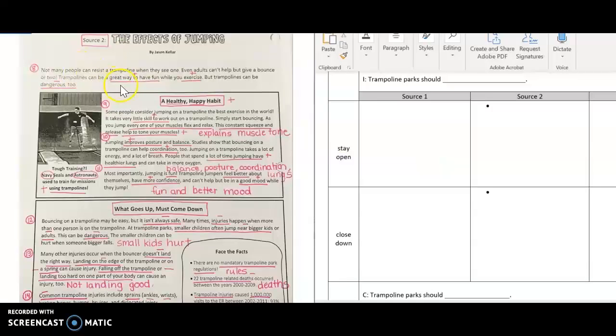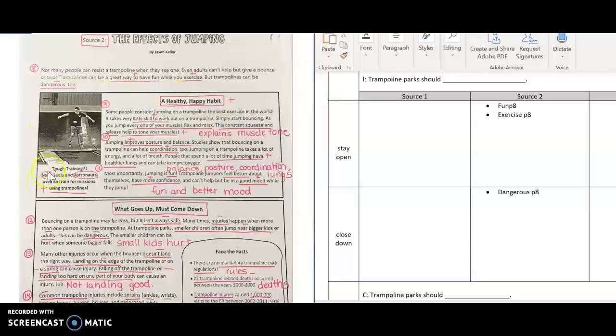So when we read through this paragraph, we saw that keywords fun and exercise are appearing again. We also saw that they're dangerous. So we can note here that trampolines can be fun. That was mentioned in paragraph 8. We also learned that these are a great source of exercise, mentioned in paragraph 8 as well. Now, we've also seen down here the keyword dangerous. We've seen that before, dangerous from paragraph 8.